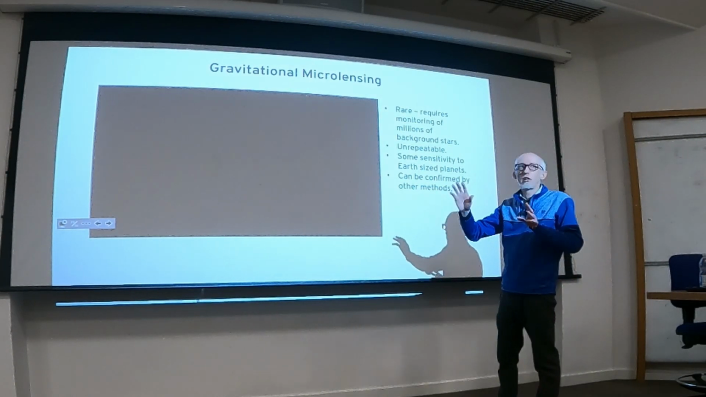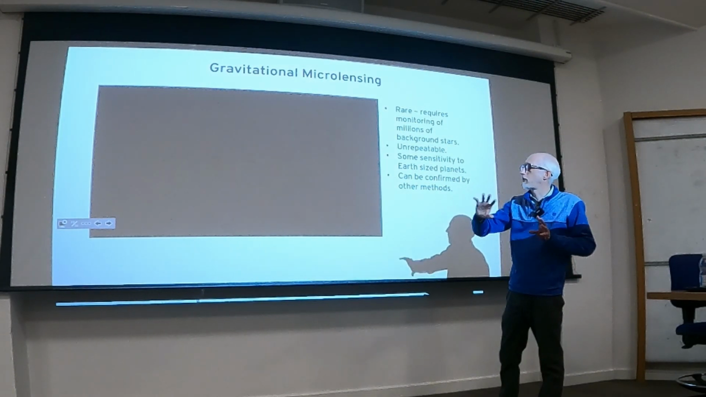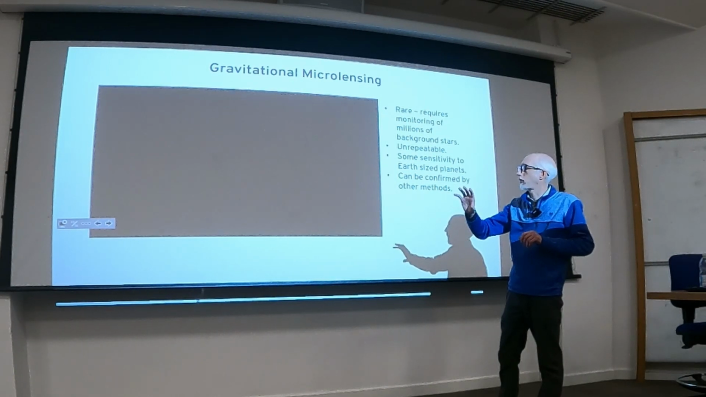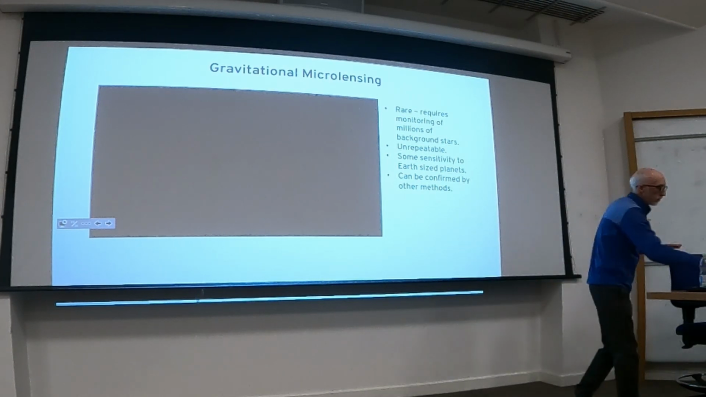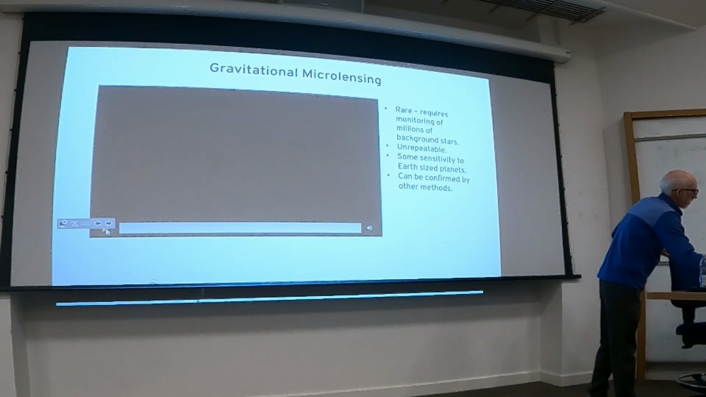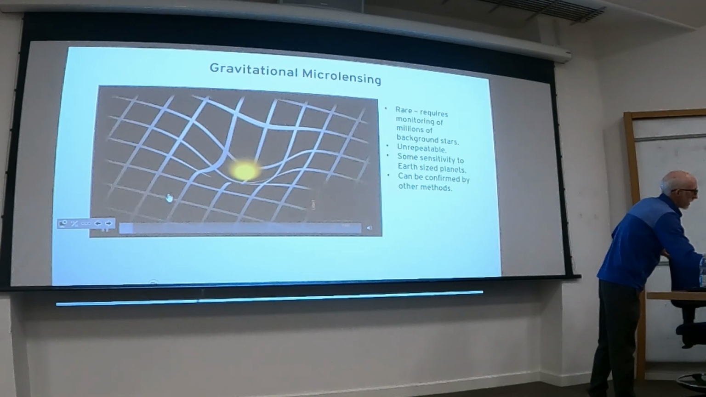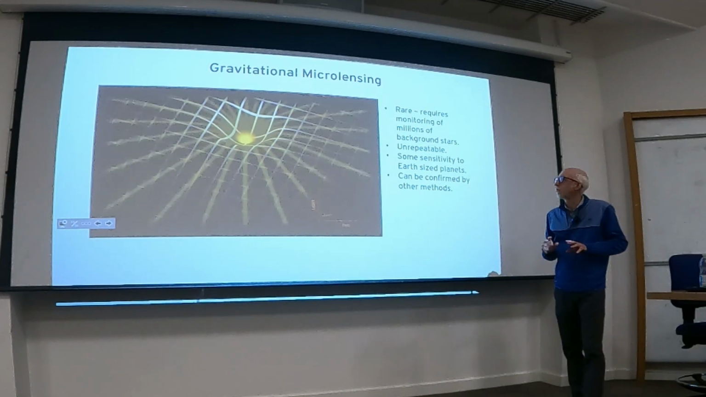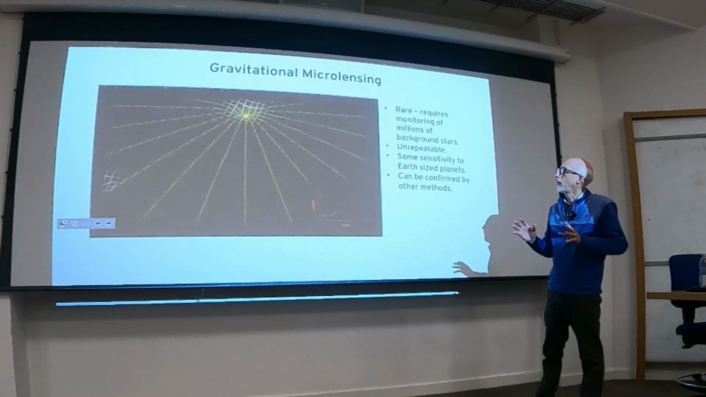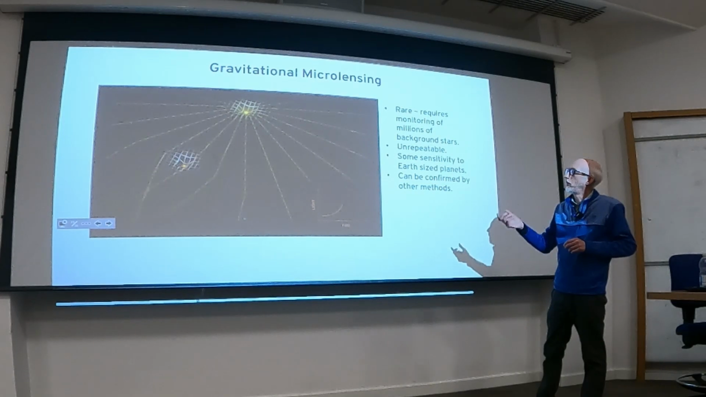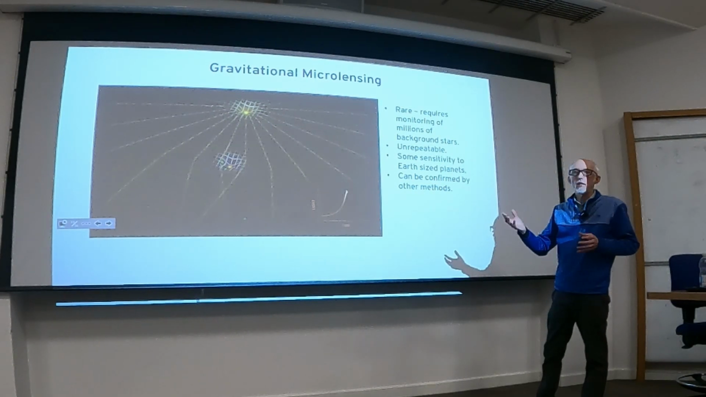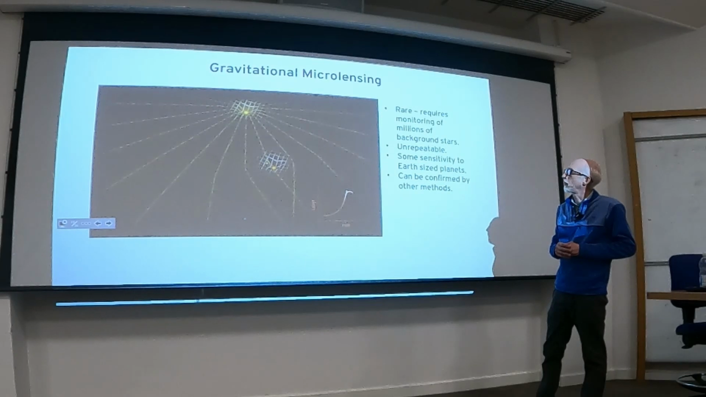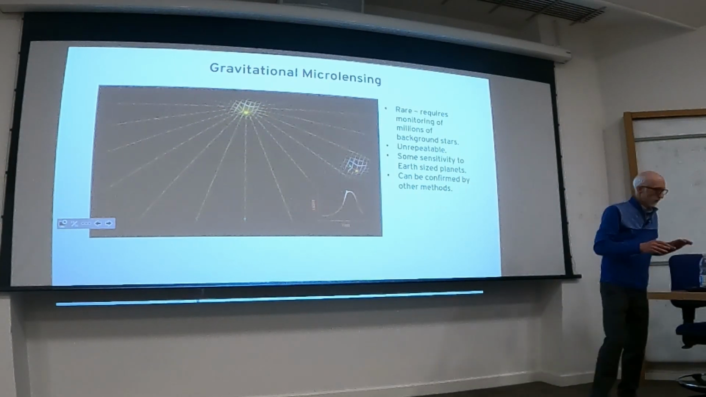Firstly, the star and the planet have to pass directly in front of another star in terms of the line of sight. And also, it's unrepeatable, which means that you can't really confirm it once you've detected it. So it's only really good for providing a candidate for other methods to then be applied to it to confirm the discovery. I've got some actual data which would